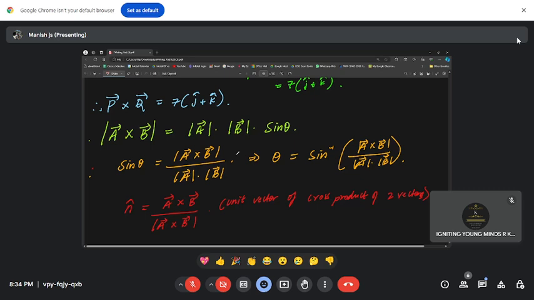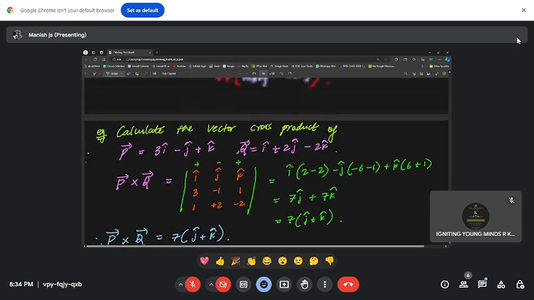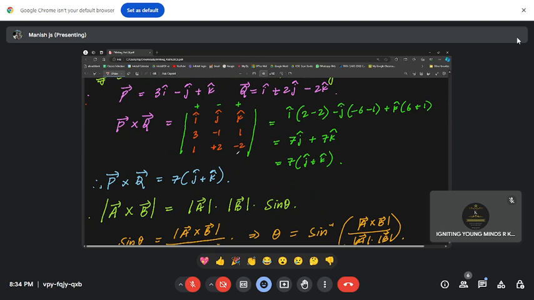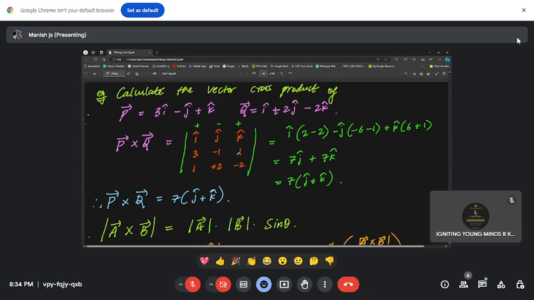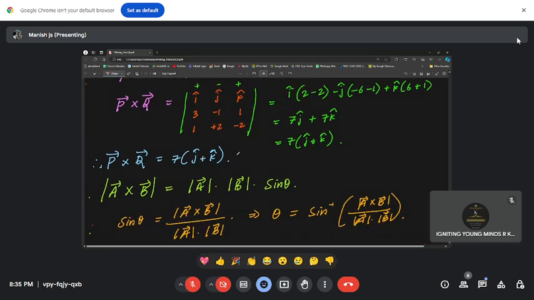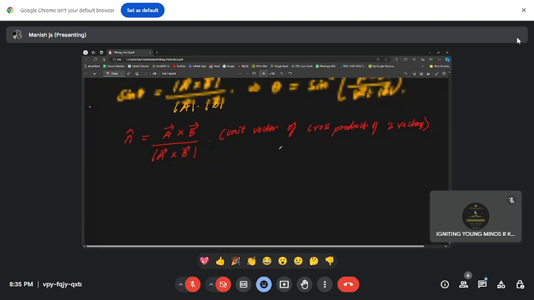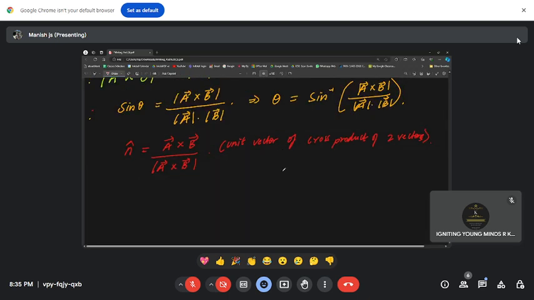Okay, so this is the aspect, children. Even for unit normal vectors also, you should be knowing the rules here. I taught you the determinant method, no doubt. Even for the unit normal vectors also, you should be aware of how to express them.